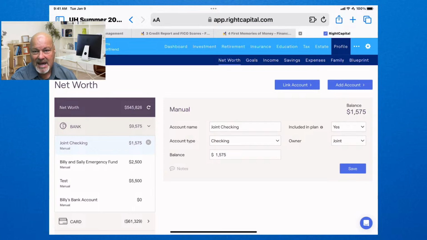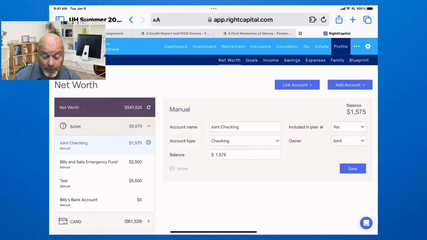How much do you make? How much income do you have? What kind of expenses do you have? What are you spending? What kind of investments do you have? How much are you saving? How much are they growing? All of that information, turns out, is just a bunch of little data cards that go into this financial plan, and they become part of all of the formulas that create the trajectory for your financial plan for 20, 30, 40, 50 years from now. So that's what we're doing.